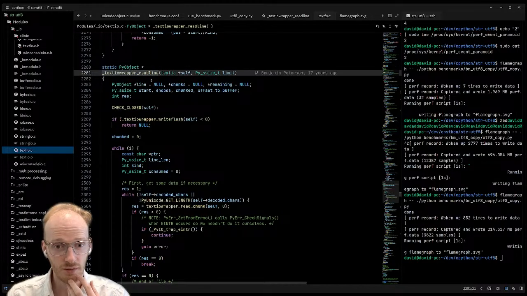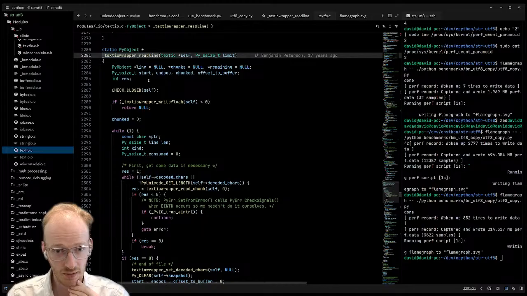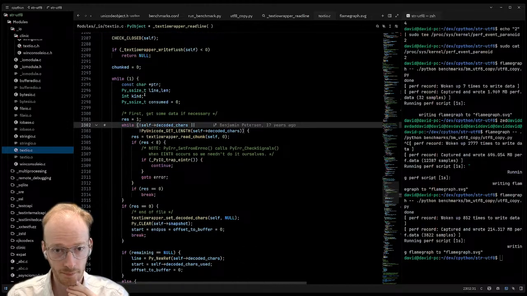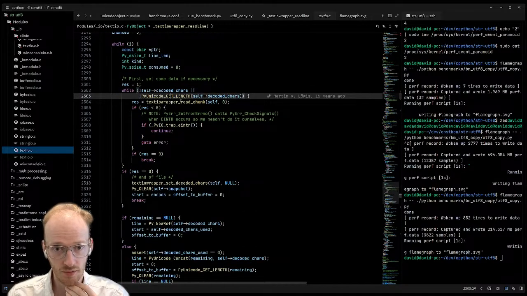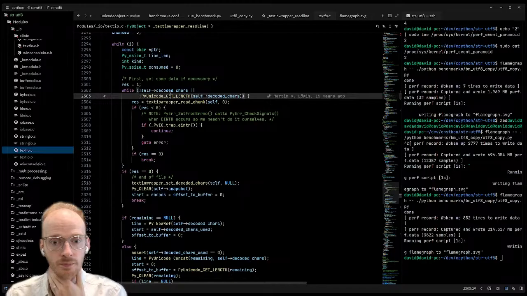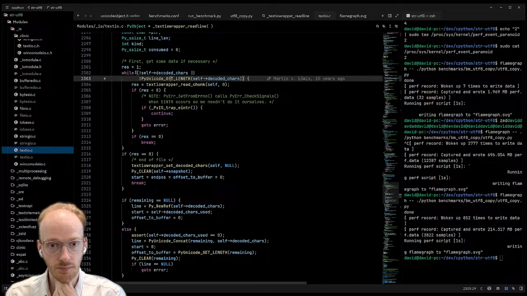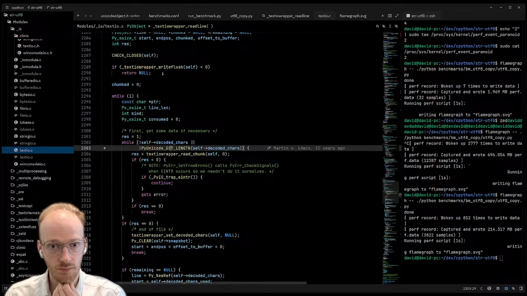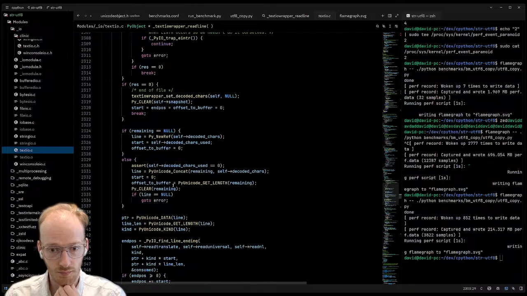Okay. TextIOWrapper readline. Get some data. Look. Chunk. That's the main thing, I guess.